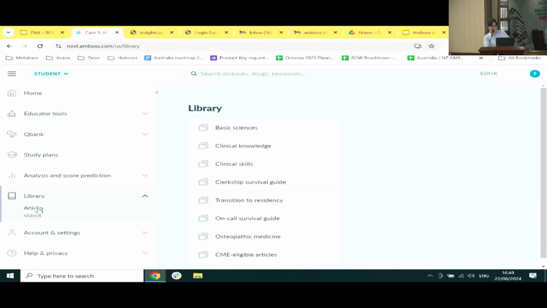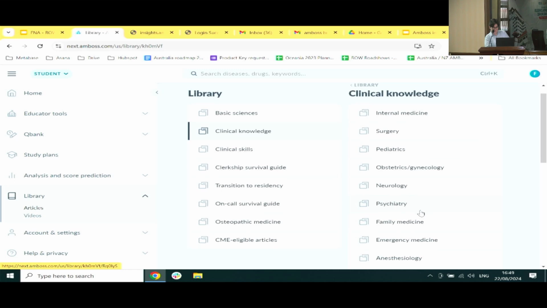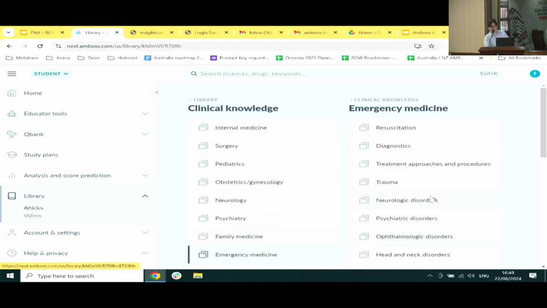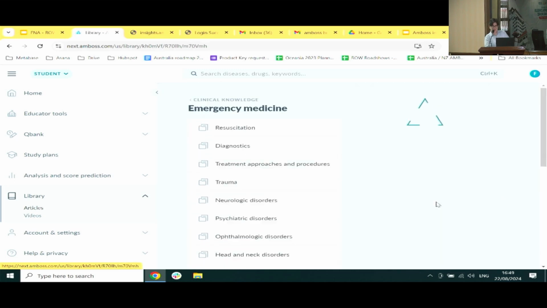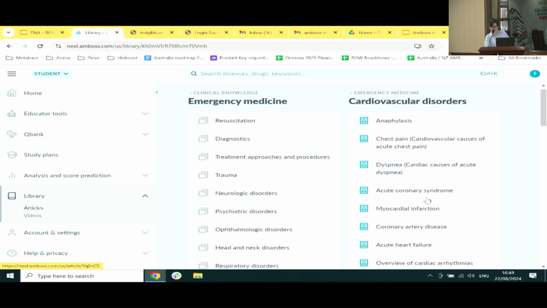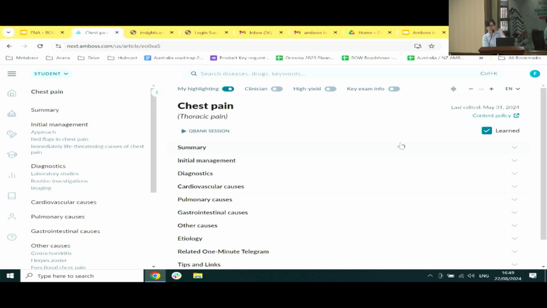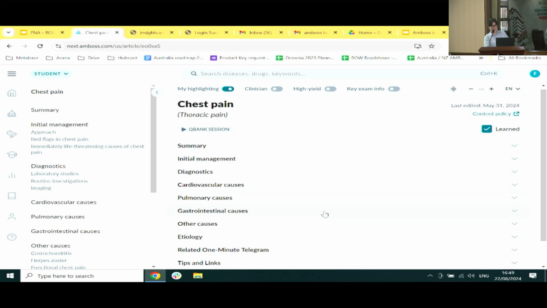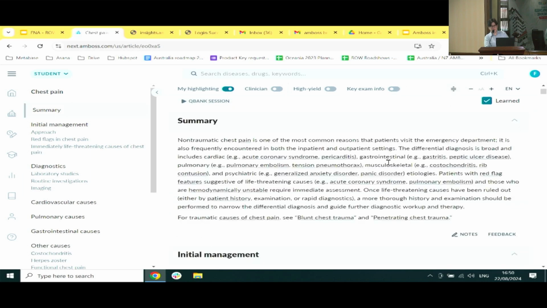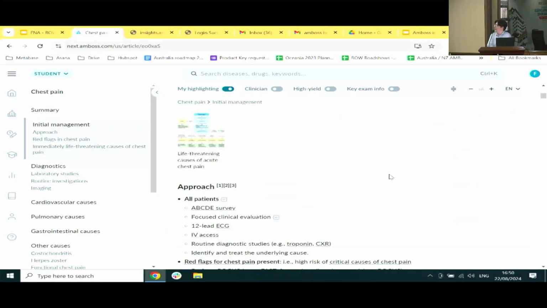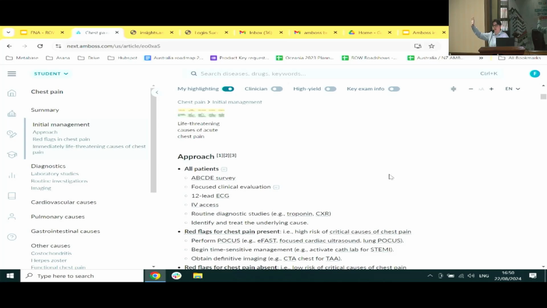Now, after the students have studied anything, either basic sciences or clinical sciences, let's go to emergency again. Let's go with cardiovascular, since that was a very high interest topic. Let's go to chest pain. Very important topic. They will need to study, they will need to know this very well, and they will need to know the differentials very well also. When you look at this topic, let's say you've read it all, you've studied it. This particular article has an approach for all patients, and then it has a section where it tells you how to